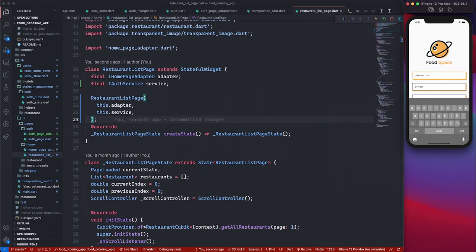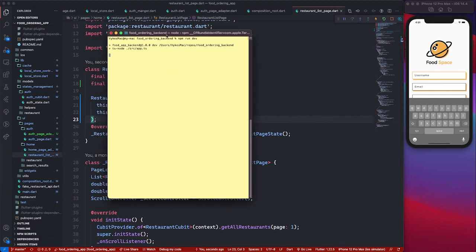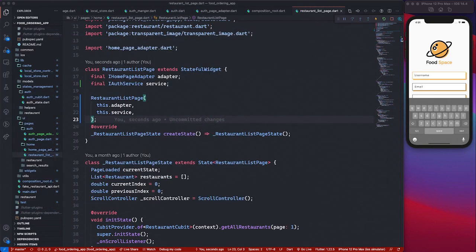If I should show you guys that, if I should say npm run dev inside of my backend to kickstart my backend, so that is running. Now, if I try to log in with a user that I have in my database,